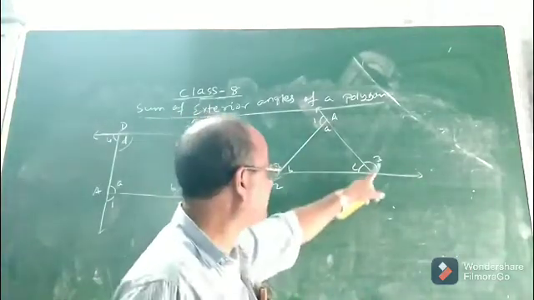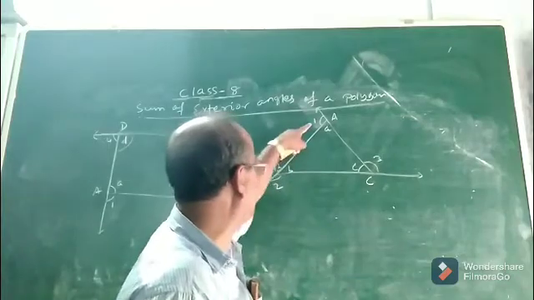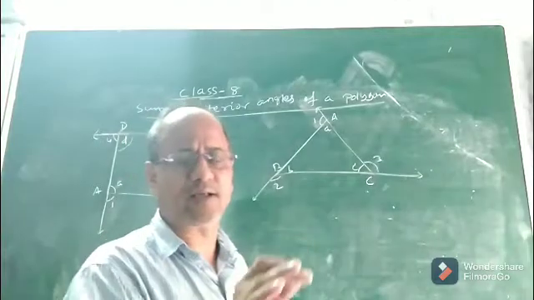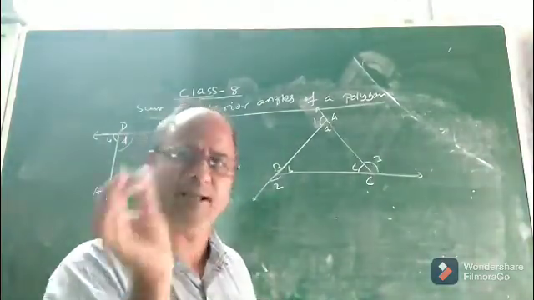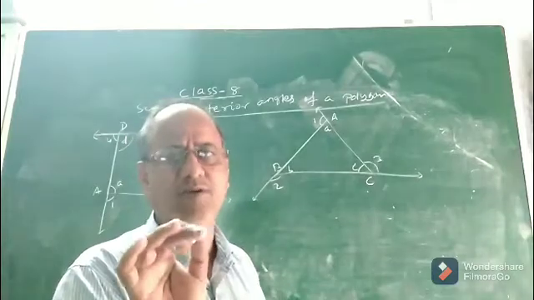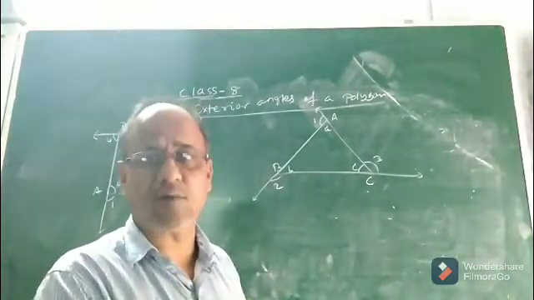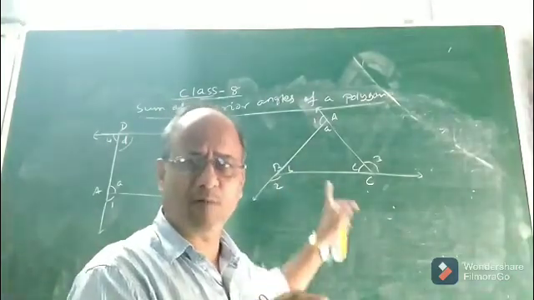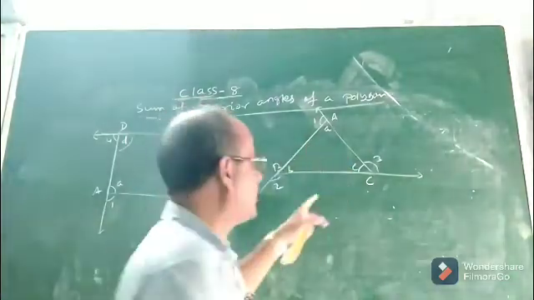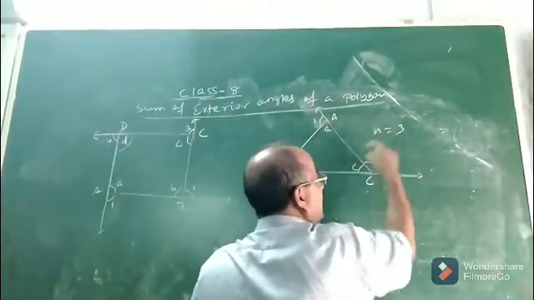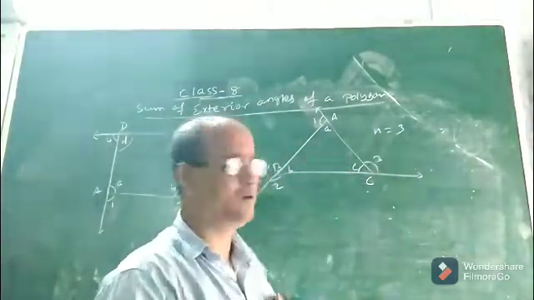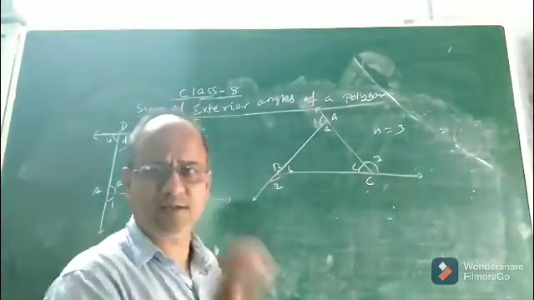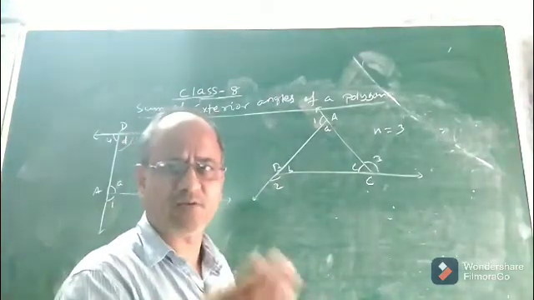Now what will be the sum of these 3 exterior angles? Angle 1 plus angle 2 plus angle 3. Children, you know what is the sum of interior angles of a triangle. Which is how much? It is 180 degree. But what about the sum of their exterior angles? In a triangle, as there are 3 exterior angles, what will be the sum of the 3 exterior angles? Here n equal to 3 in triangle, number of sides in this polygon. Now let us find what will be the sum of angle 1 plus 2 plus 3. You can easily derive.